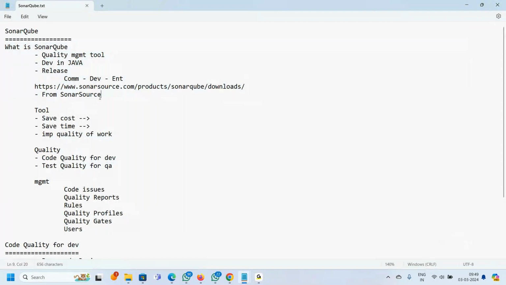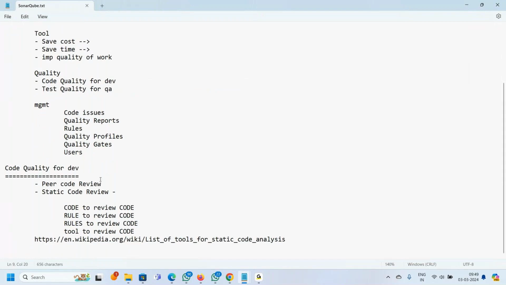So guys, any questions on this SonarQube? What is SonarQube and why do we need it? Okay, so